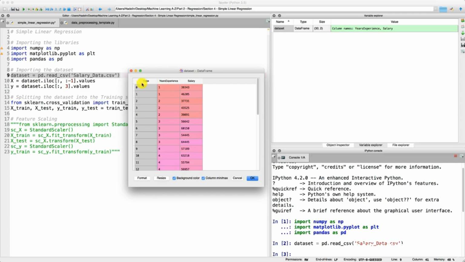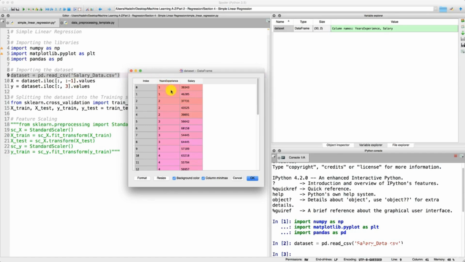Okay, and now let's see what we need to change here for X and Y. As a reminder, X is the matrix of features, that is the matrix of independent variables. Here, the independent variable is the years of experience. And then the dependent variable is the salary. So our matrix of features here, which takes the dataset and removes the last column, that is the salary column, with this -1 here, will contain only one column,